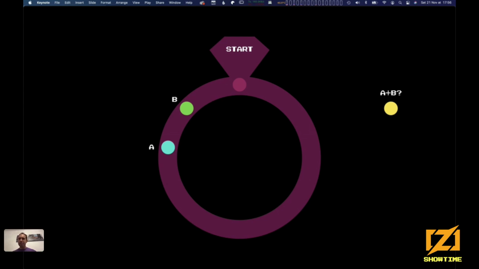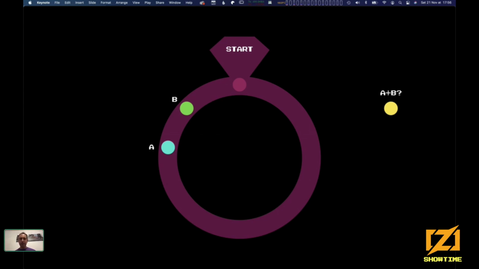So let's keep the nice circle. And we are going to define a way to do an addition slightly different. For example, we have 2 points, A and B, and we want to compute A plus B, which is going to be another point. So let's define a rule to do that.